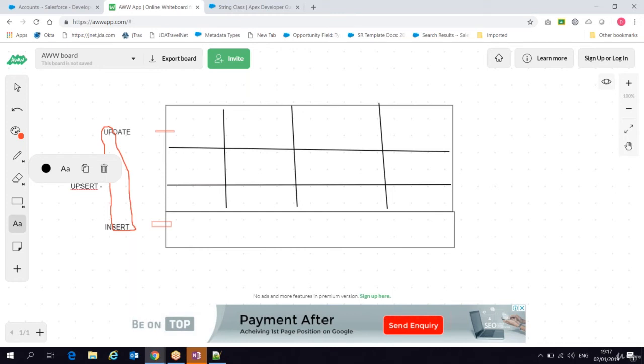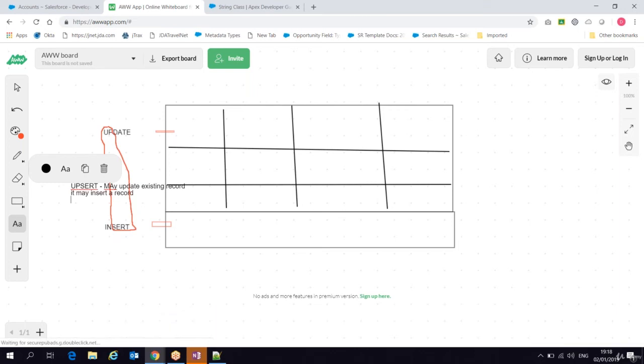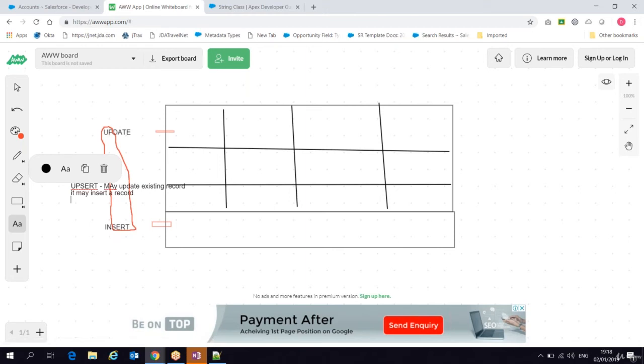What happens here? It may update an existing record or it may insert a record. That means when you pass the collection of records to the system, it will check whether that record exists in my database, then go and update. If not, then go and insert. So for example, I always say, whenever you manipulate the database, you should try to hit the database as little as possible. For example, I will have a scenario where in the same transaction, I start my transaction from one place